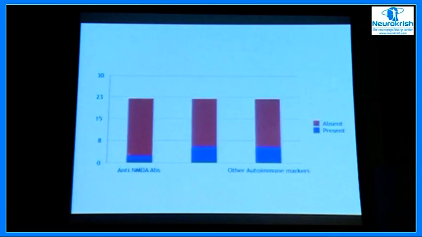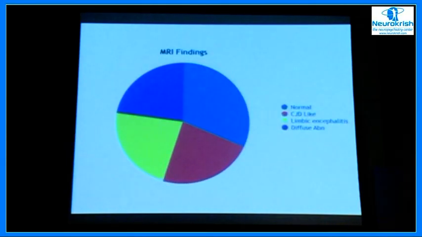And as you see, we have a problem of antibodies. The problem is you have to have good labs like Professor Vincent's lab, like Oxford and all. We have to rely on labs which are not too reliable. So we don't have facilities for voltage-gated potassium channels. And these are the MRI findings. You can have a good number having normal MRIs, CJD-like, limbic encephalitis, diffuse abnormalities,